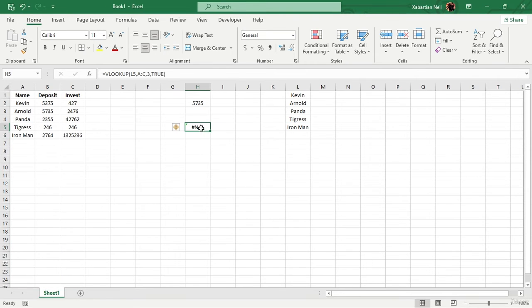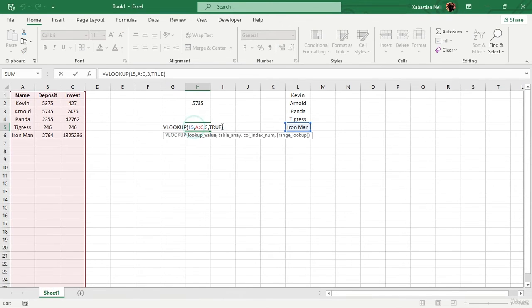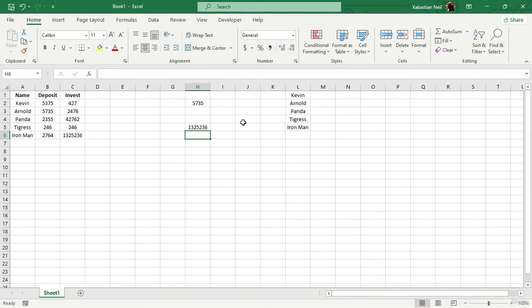You can see NA appears. So it doesn't have an approximate match, but it has an exact value right over here. So it turned out to be NA. Okay, but if you turn that to be false, you will see that the exact data